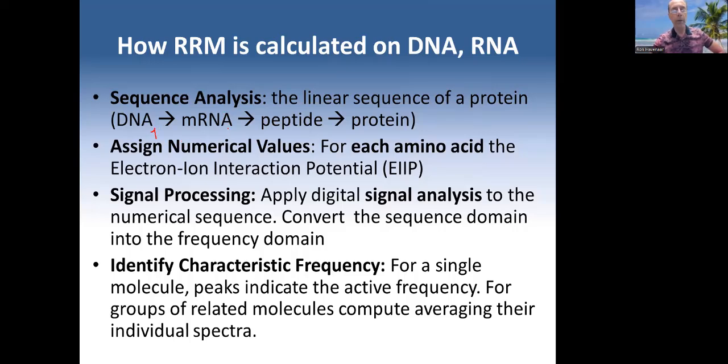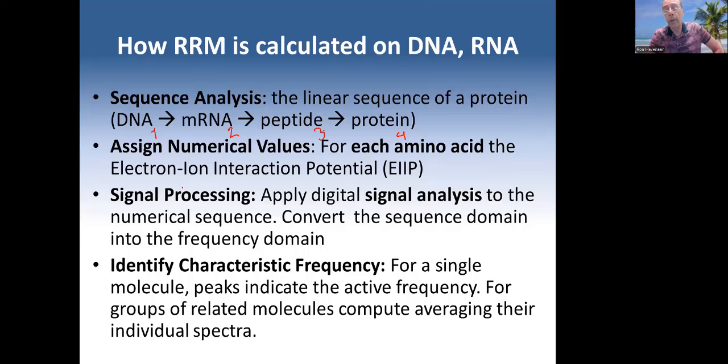Then we take a look at messenger RNA, step 2, and the messenger RNA is introduced in the ribosome, where it is converted into a peptide, step 3, and multiple peptides will form a protein. So if we have the sequence of all those amino acids link by link, every amino acid gets an electron potential number